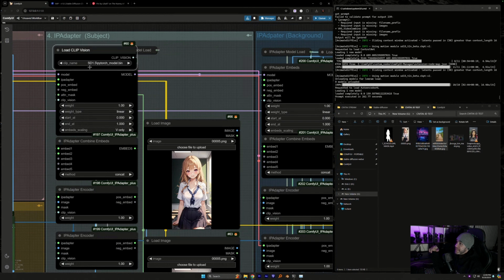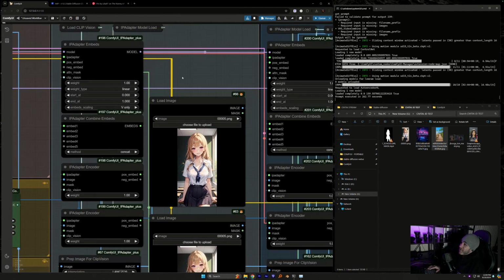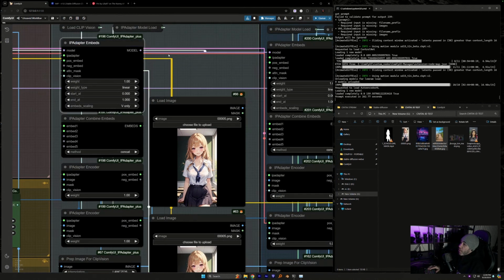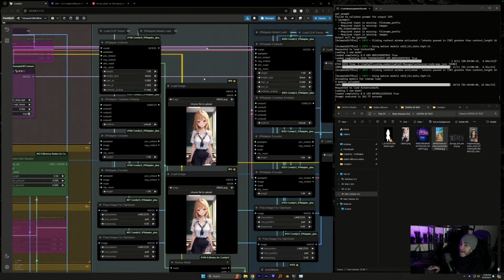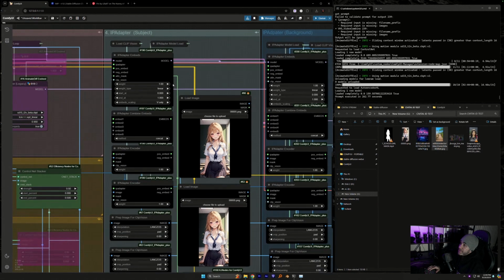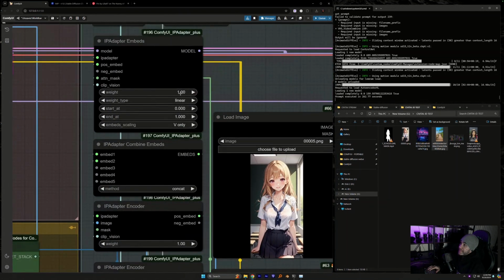You are going to need this SD15 Clip Vision model, and I believe that link is still on my profile page if you don't have that, but I think all of you should have that by now. The only thing you will have to alter in here for your IP adapter, if anything, is your weight. If you're not quite getting it strong enough, I've gone up as high as 1.5.